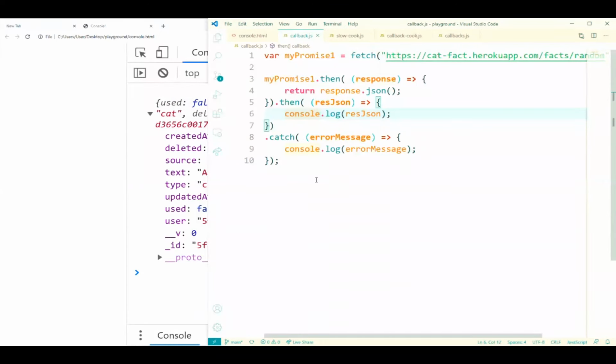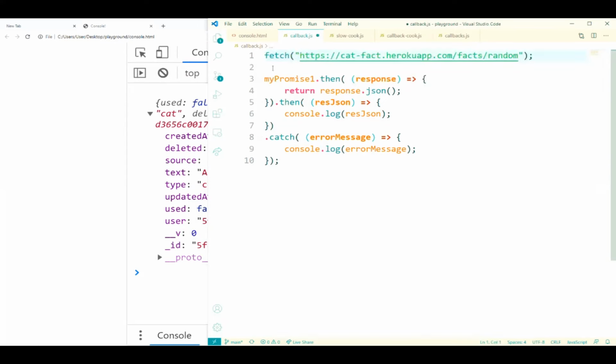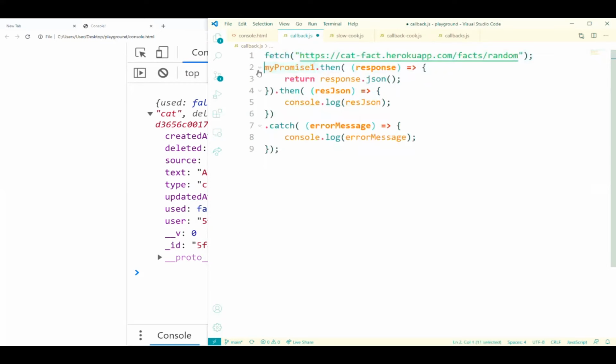It turns out that since this variable returns my promise 1, we don't even need my promise 1. Since fetch returns its promise, we can just do fetch, and afterwards we can just chain .then, like so. And this is the exact same thing as what we did before, if we get rid of the semicolon.